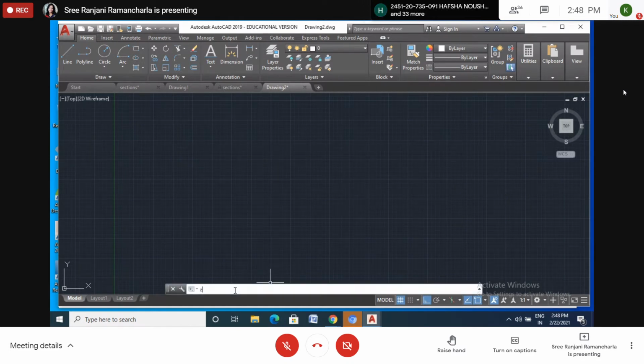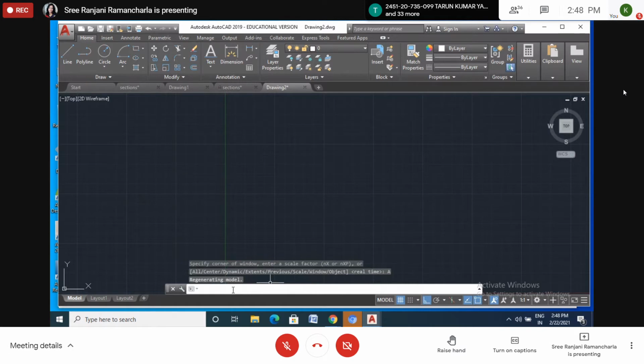Zoom, enter, then give all, or you can pick all also. Zoom, all, enter. So it will come in front of us, which means the paper will be set.